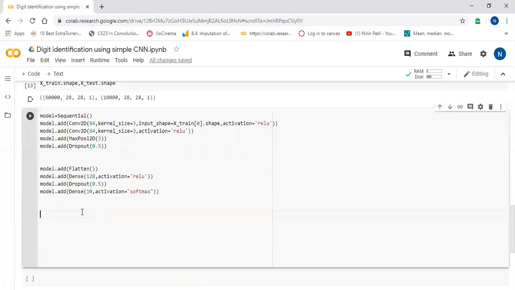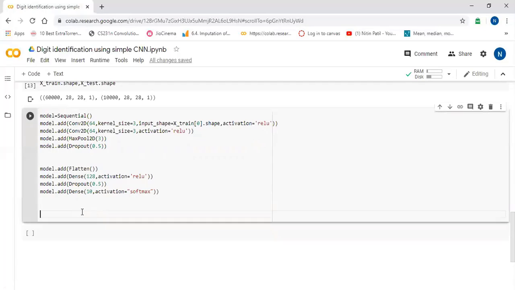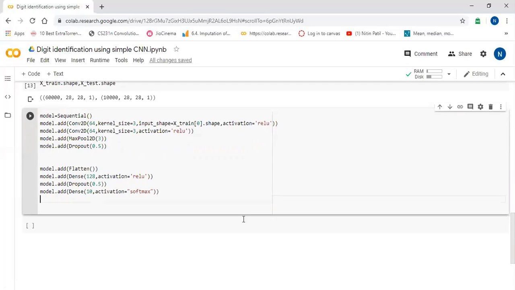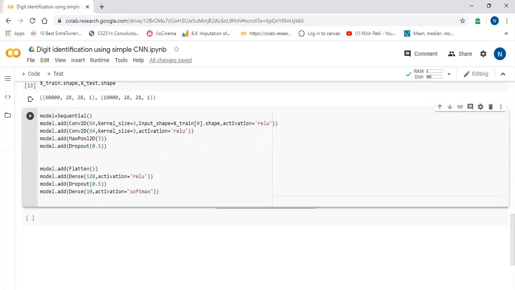I will delete some rows from here. Now we have to do the second step. But before the second step, I want to show you how our model summary looks.